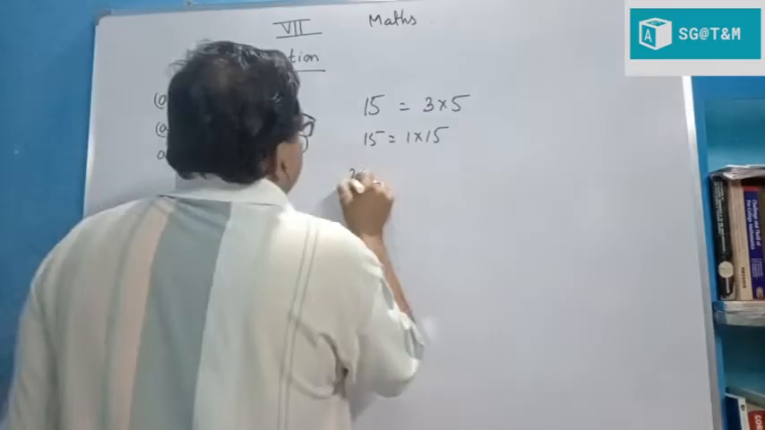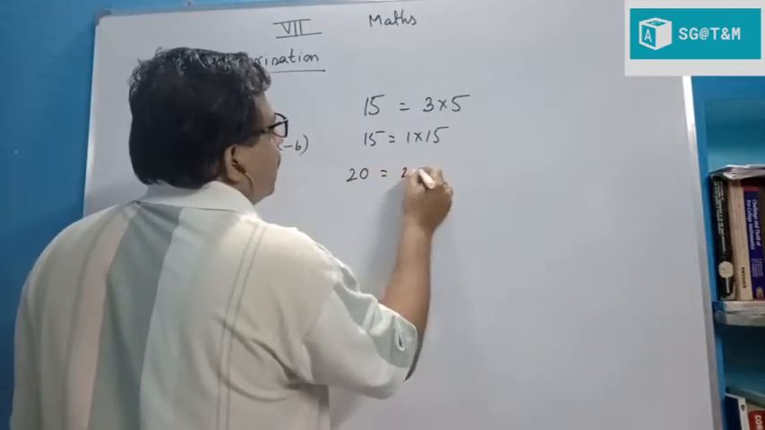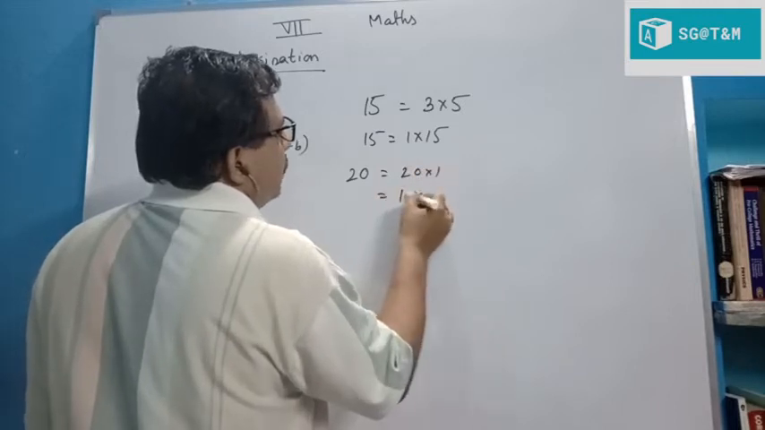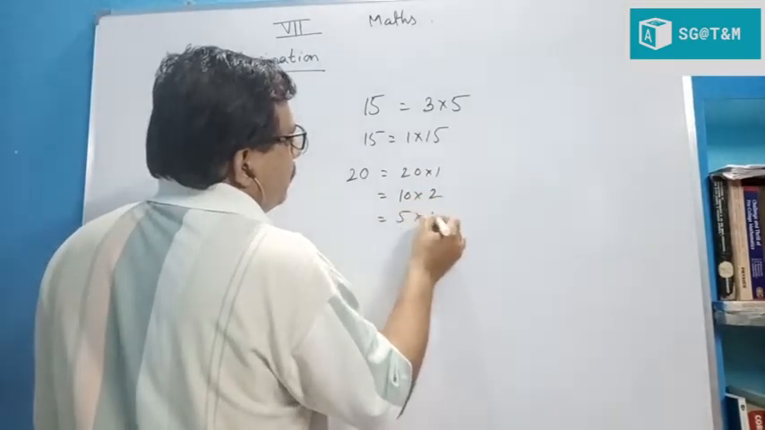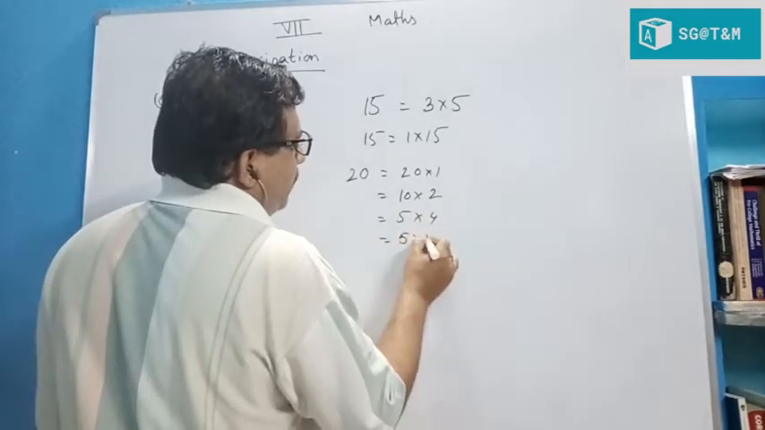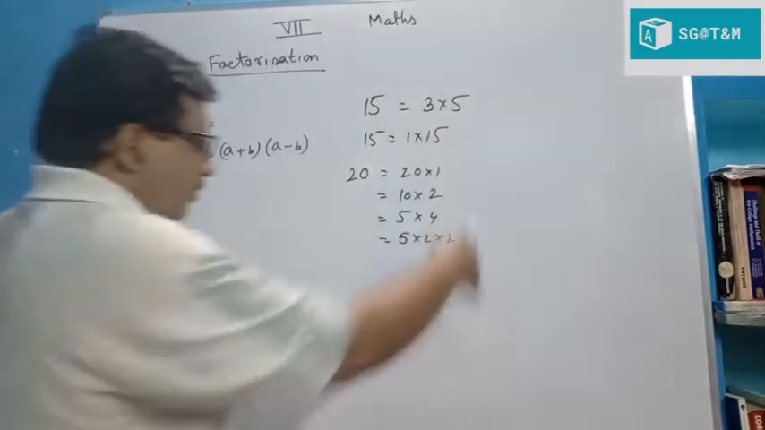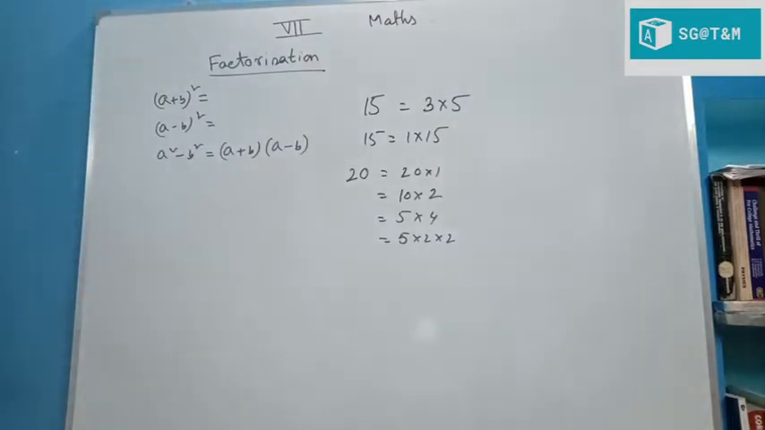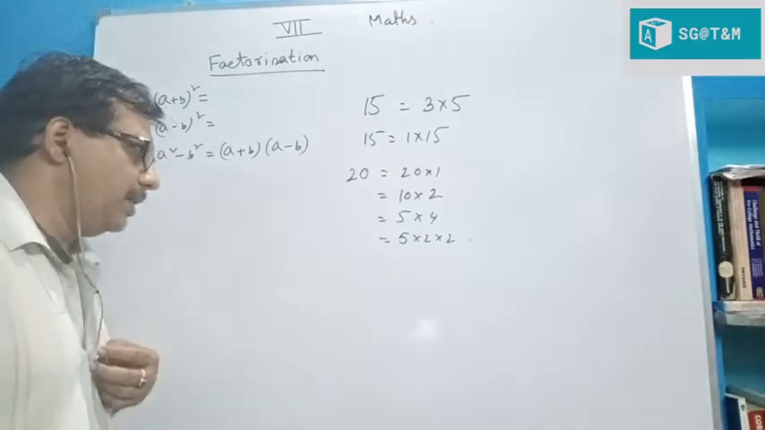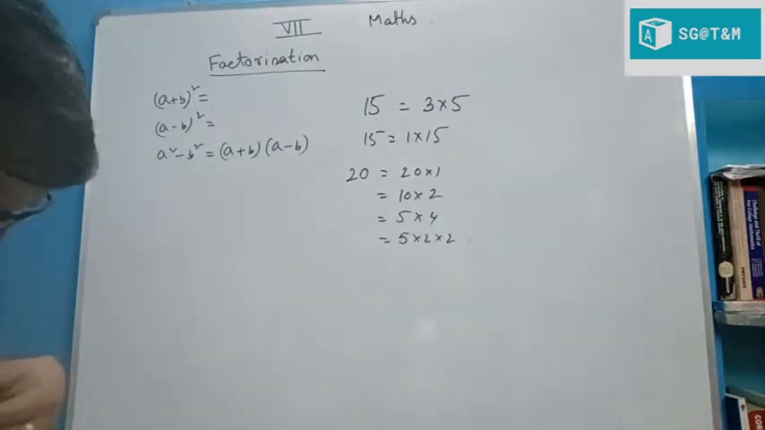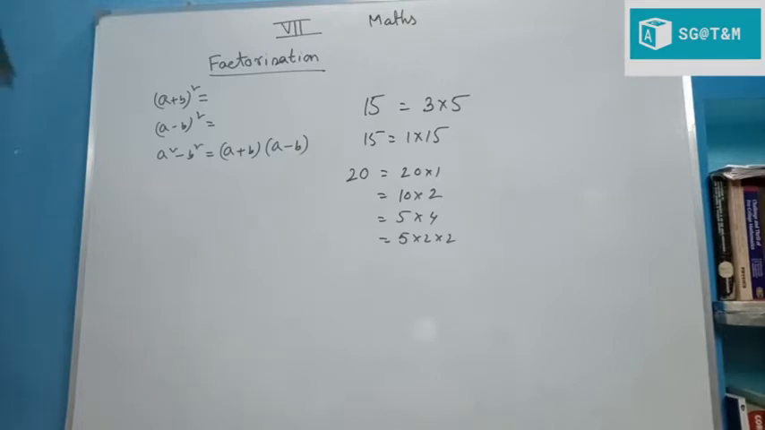Similarly, if we take 20, it can be written as 20 into 1, 10 into 2, 5 into 4, or 5 into 2 into 2. So 2 is a factor of 20, 10 is a factor of 20, 20 is a factor of 20, 5 is a factor of 20, 4 is a factor of 20. These factors are known to all of us. But in algebra,